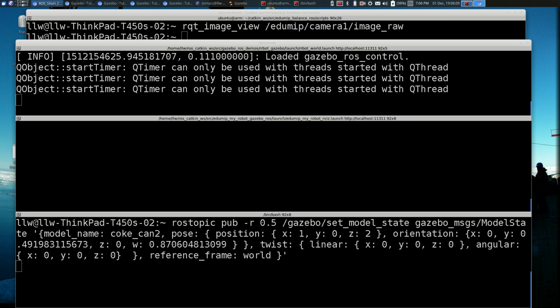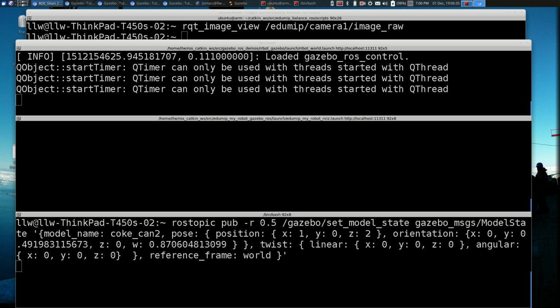The exercise, I'm over my time. The exercise for today is to set up a system that works like this. Your robot is going to be running in here. You already know how to load the SDF in here. I'd like you to add a couple of plugins: add an extra camera link and a camera plugin,